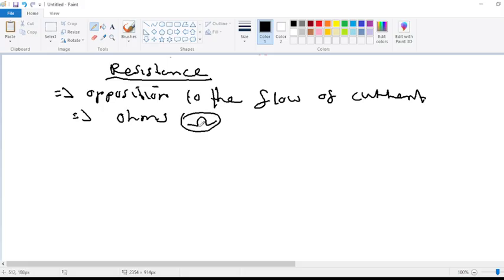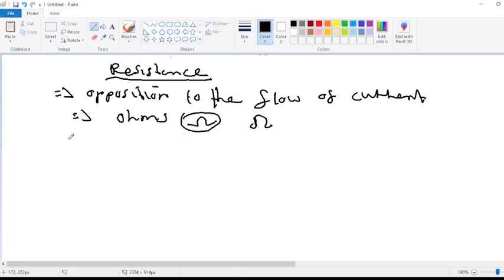Okay, that's how we denote the ohm. So this is the ohm here. This is how we denote it. Don't try to circle it. No, I was just trying to show you that this is how we denote the ohm. Okay, so from there, since we know the definition of the resistor and its SI unit,